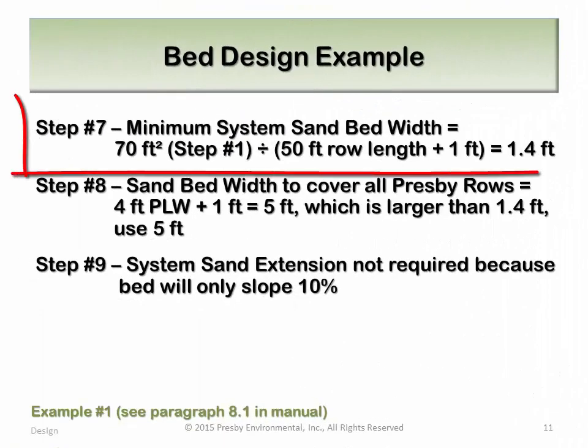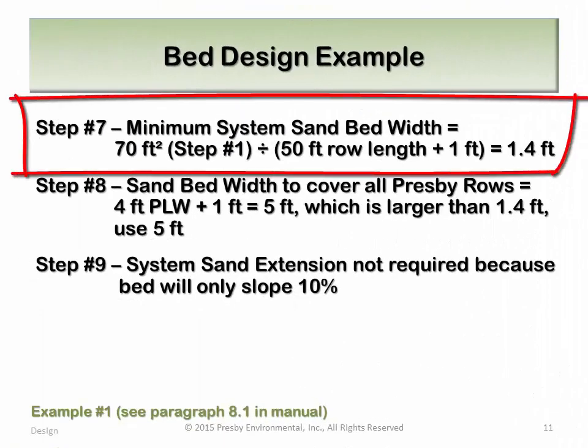In step 7, we calculate the minimum system sand bed width needed to satisfy our area requirement from step 1. To do this, we divide our 70 square feet of area by the sand bed length, which will always be the row length plus 1 foot. In this example, that would be 51 feet. This calculation shows a minimum sand bed width of 1.4 feet needed to provide enough dispersal area for the liquid